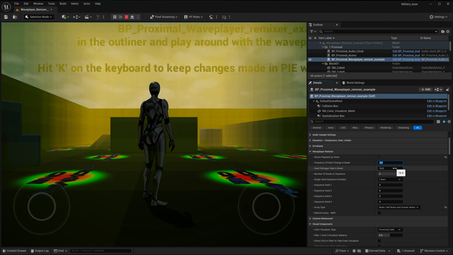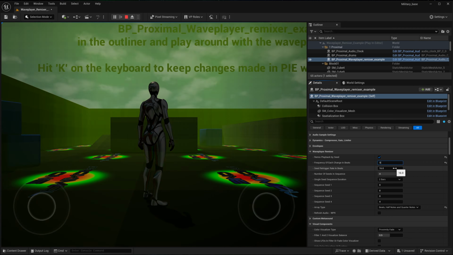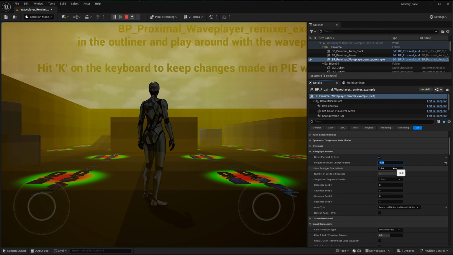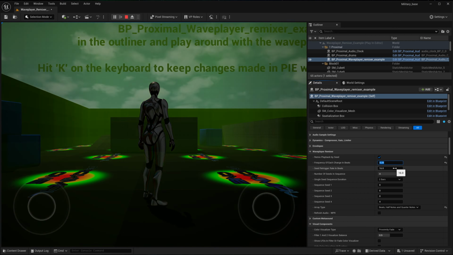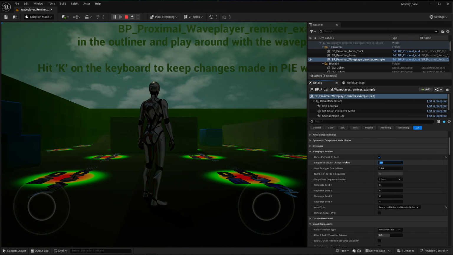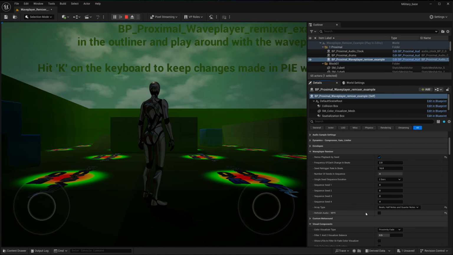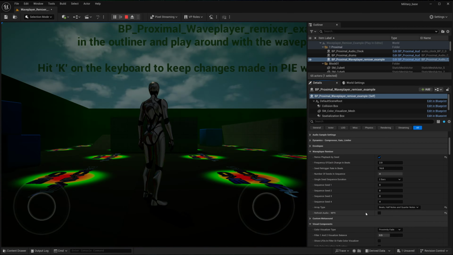So if we were to change that, we could get an interesting effect. That could be quite interesting if you combine it with some of the other effects like the filters and the